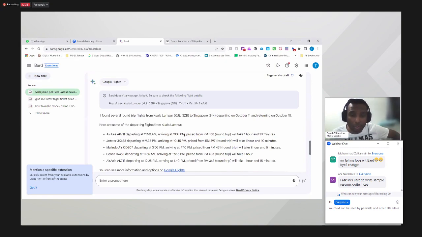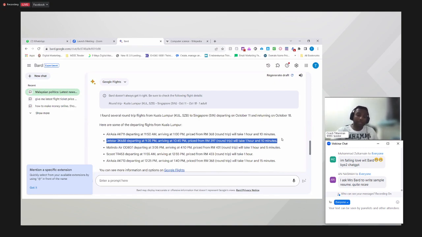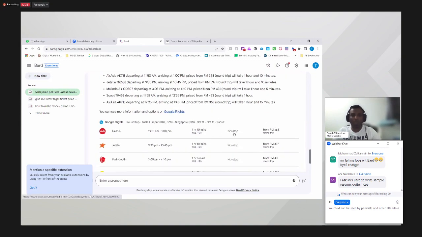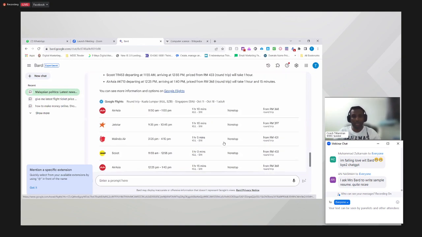There's a flight tomorrow, at 11 in the morning, 11.50, under AirAsia, priced at RM368, round trip, and it takes about 1 hour to travel. If you don't like AirAsia, you can go for Jetstar, but that one is way more expensive. So you get this information immediately in a live search engine. The information has already been populated, and they have also summarized it for you. Very straightforward.